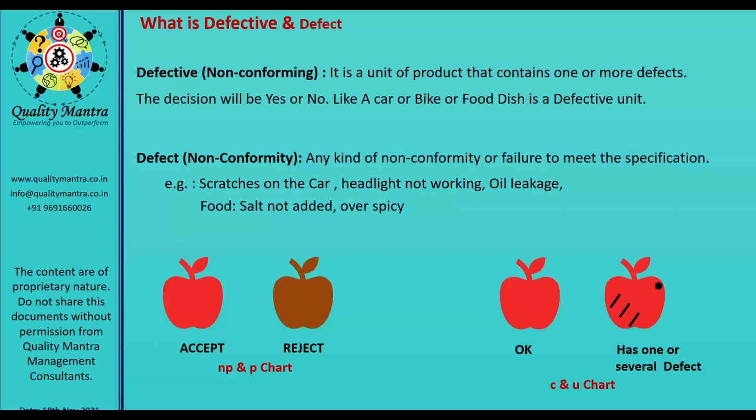And secondly, in the other case, either there will be an okay product, an accepted product, or in the product there are certain defects. There might be a small dent on the apple, there is some damage, so you are not going to reject that one. What you will do is remove that defective part and use the rest, or cover up that part and sell it. So it means you need to count the defects, whether there were dents, scratches, or small decayed parts, that you need to count.